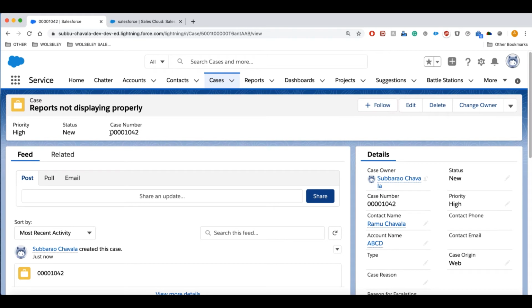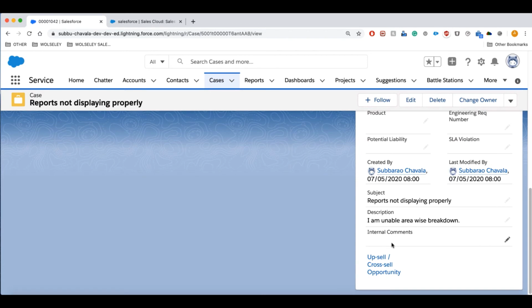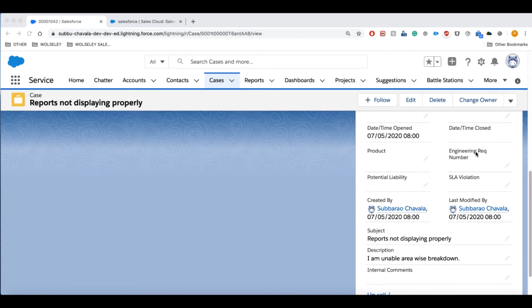Service representatives can quote this number to a customer. The customer can quote it back during phone calls or in emails, and customer service staff can use it to search for the case. The internal comments can also be used sometimes to add case notes as case progress. The management can also use the date time opened and closed fields. Sometimes the management can also see what time it is closed. That's it for how to create a case.